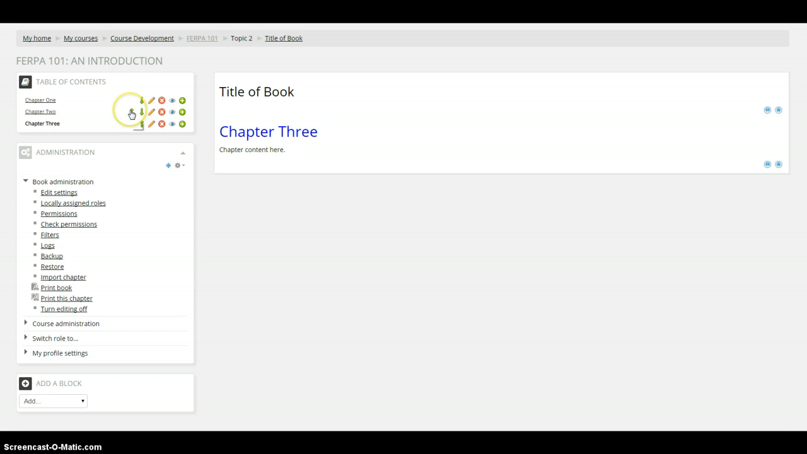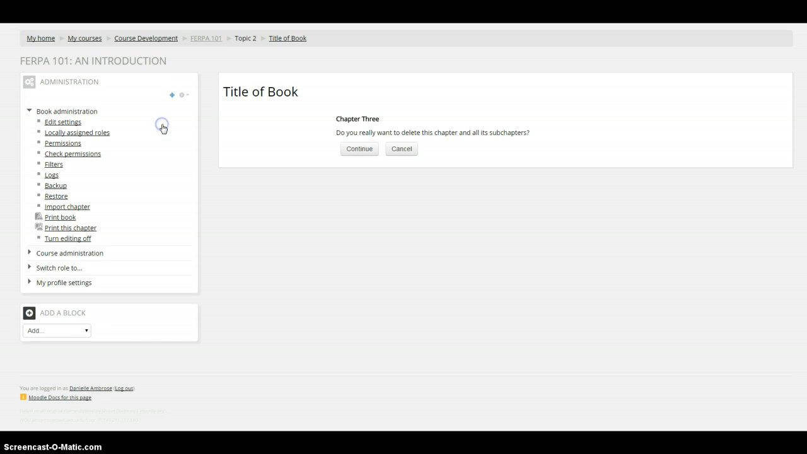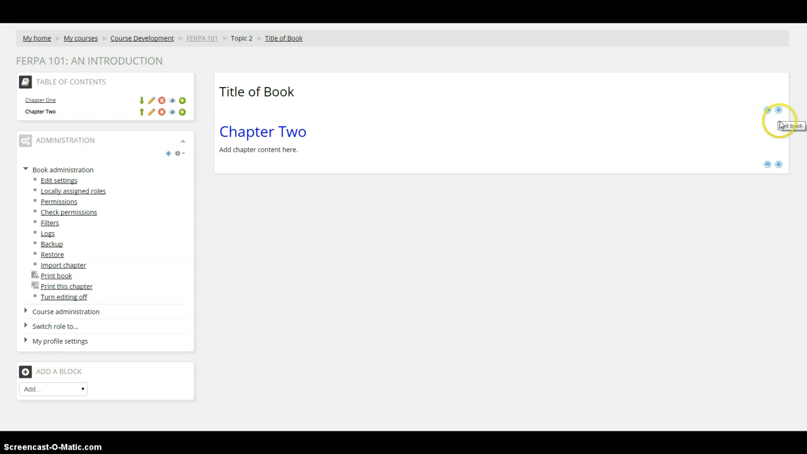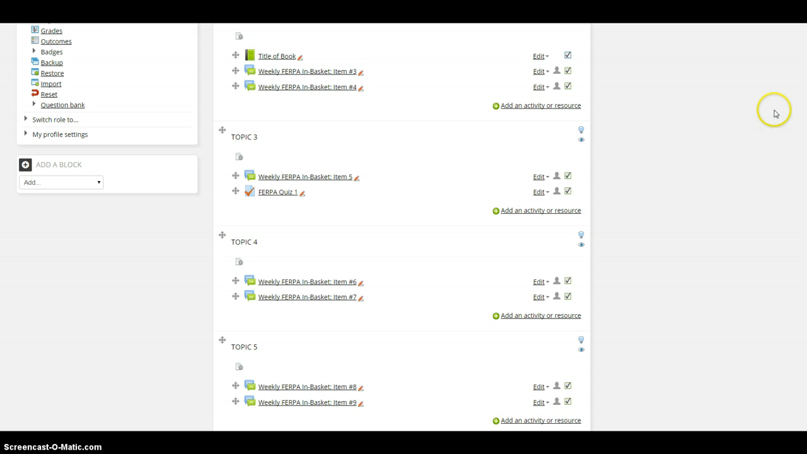You can see that this gives me the opportunity to navigate a little bit more. If I want to move chapter 2 to the top or back down where it belongs. If I want to delete a chapter, let's say I don't want chapter 3 anymore, I can delete chapter 3 and continue. These buttons over here also, once I'm done, I can click this exit book and then it'll take